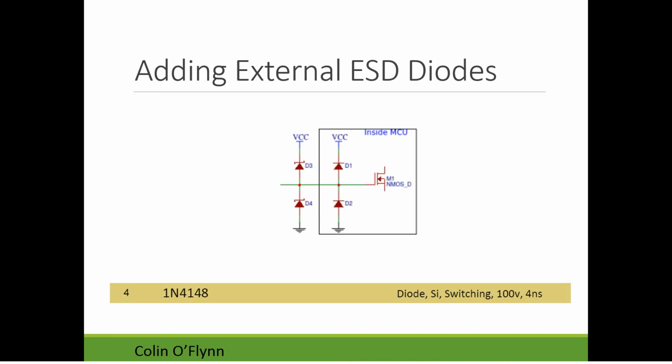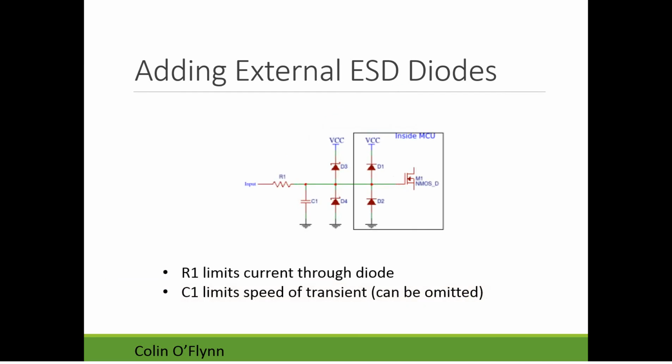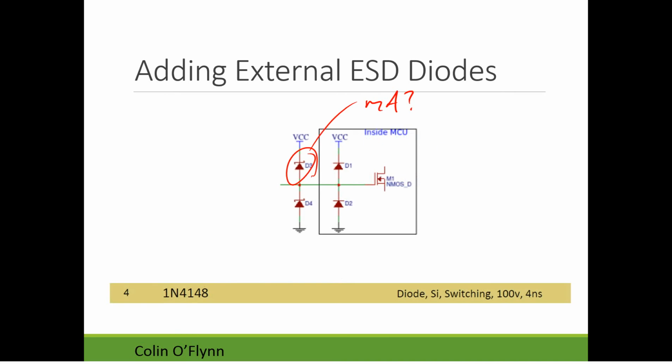is add external diodes, and we're just replicating the same thing as we did before. The advantage of these is we have a specification on them, so we can look up how many milliamps we can pass through them, or what the voltage rise is going to be. They're fully specified, so now we can be more confident that our system will be protected. When using them, of course, as before, you really need a series resistor here. And this is, once again, to limit the current.